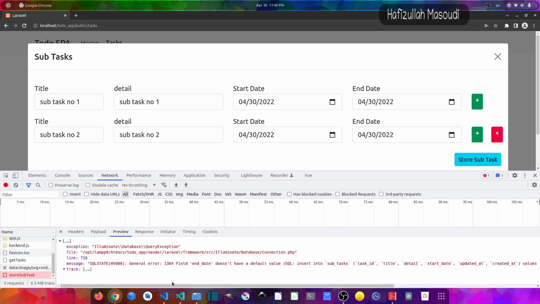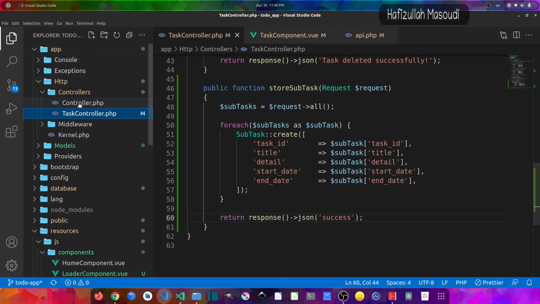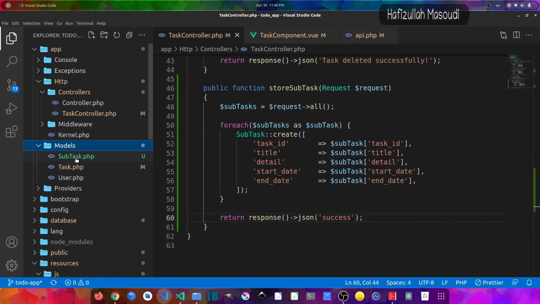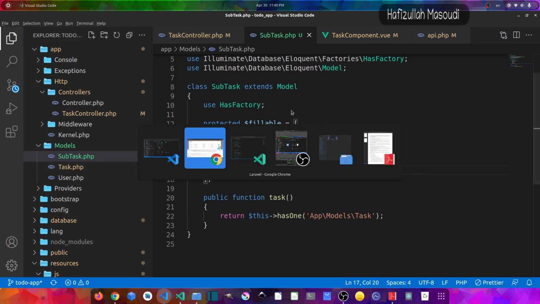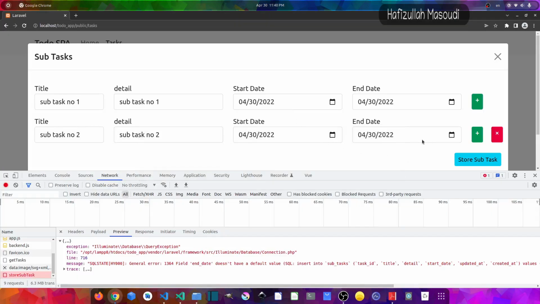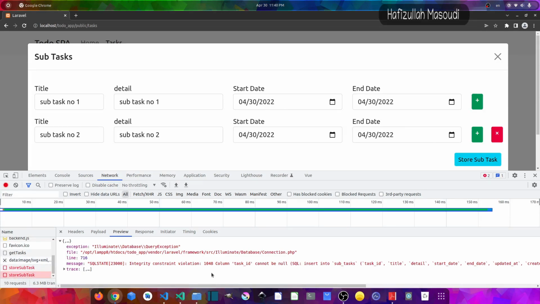And it says end date doesn't have a default value. If we get back to the text editor, let's open our model. So let's go to models, subtask model, and in here you can see we are saying end start. Well, this should be end date. So let's save it. Let's get back to the browser and submit the data again, and we have another error,